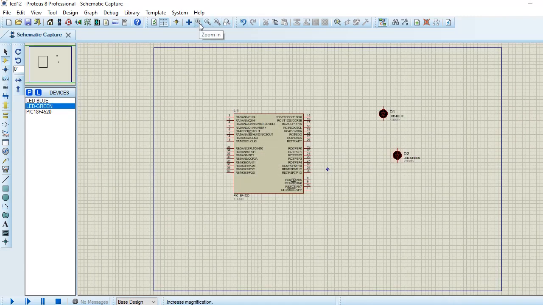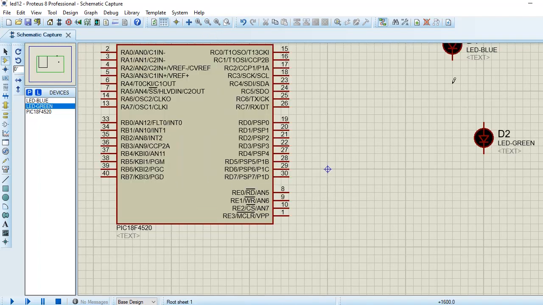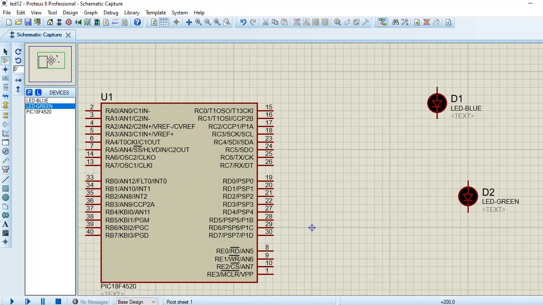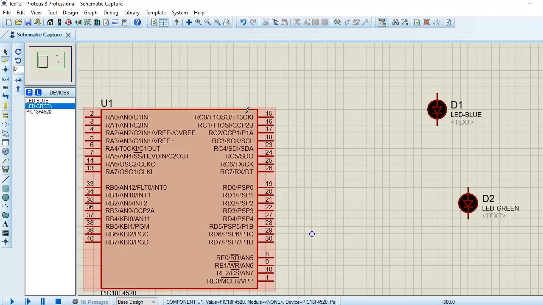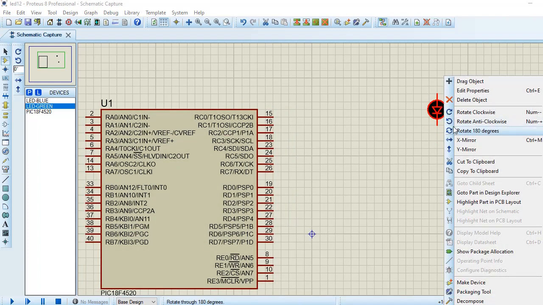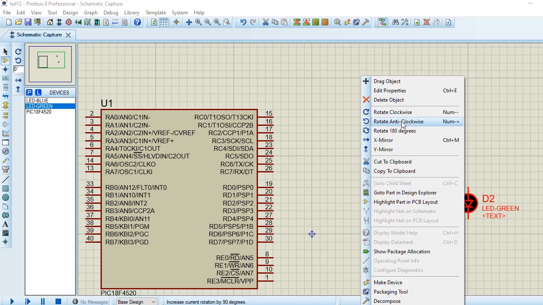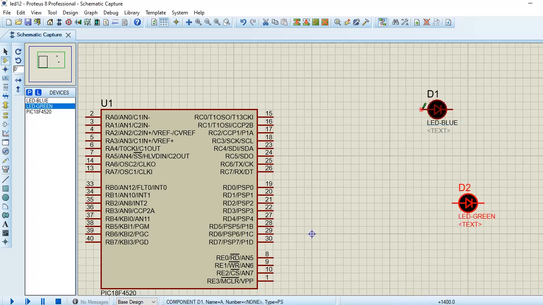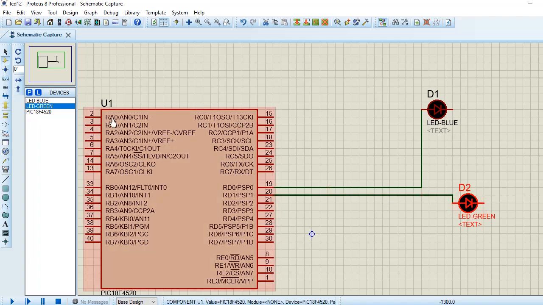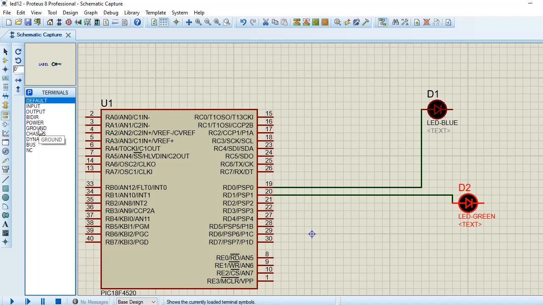Now we rotate both the LEDs as per the requirement. In the program we have specified that the first LED is connected to RD0 and the second LED is connected to RD1. The other end of each LED is connected to the ground.